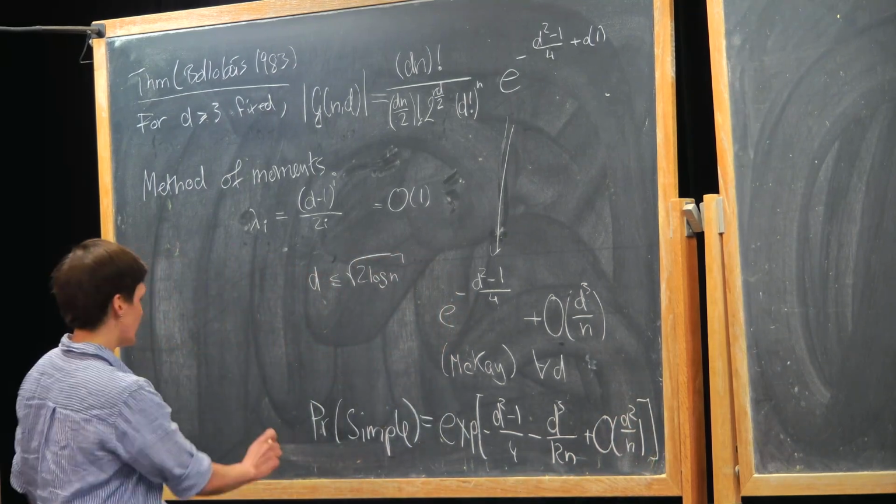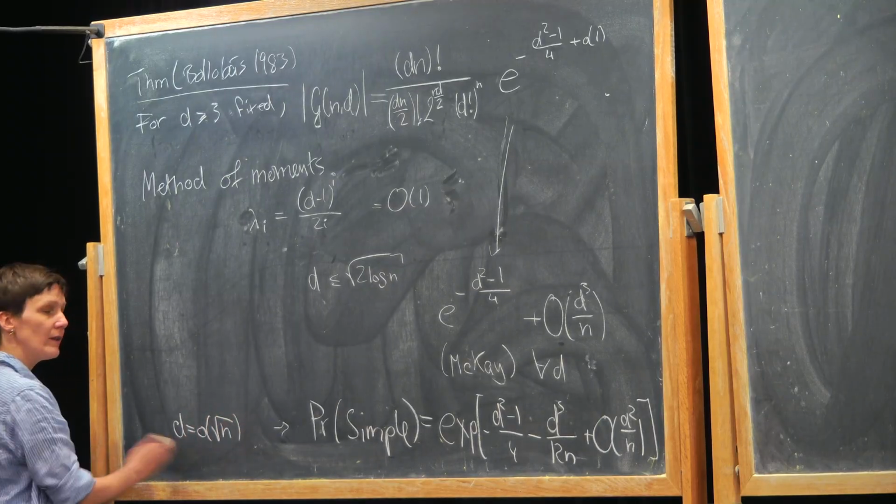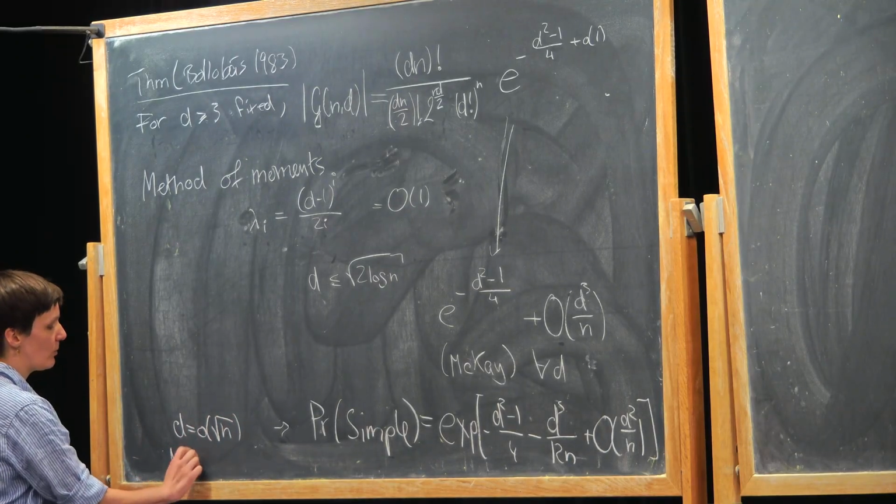And this is whenever d is little o of square root of n, and that was McKay and Wormald